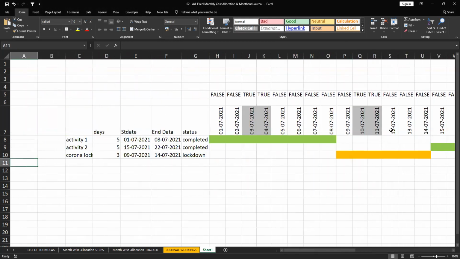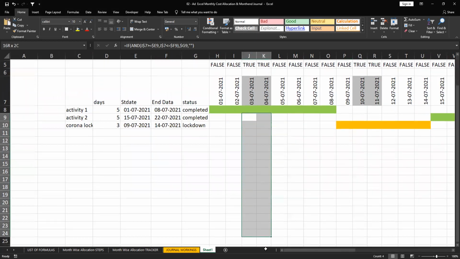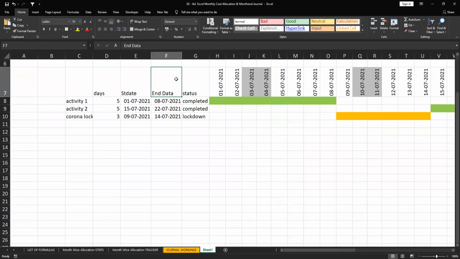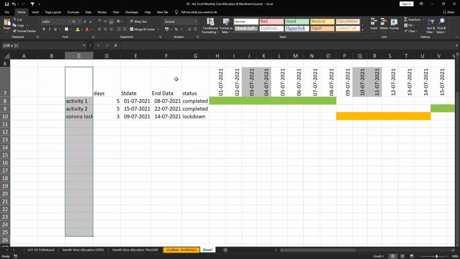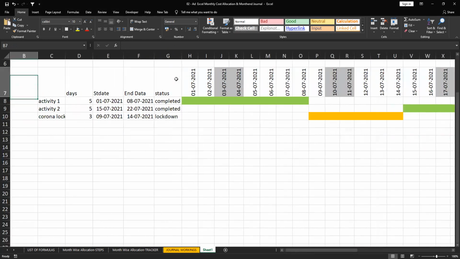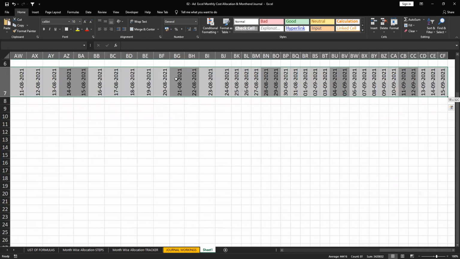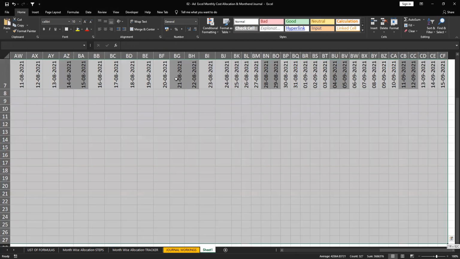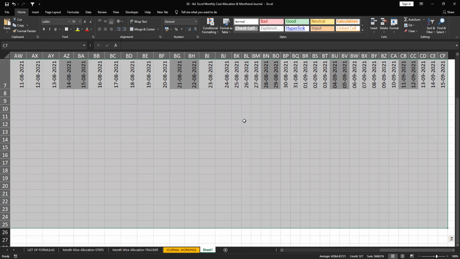Now suppose I need to extend it to the full table like this. This is very important. Say 25 columns, 25 rows.